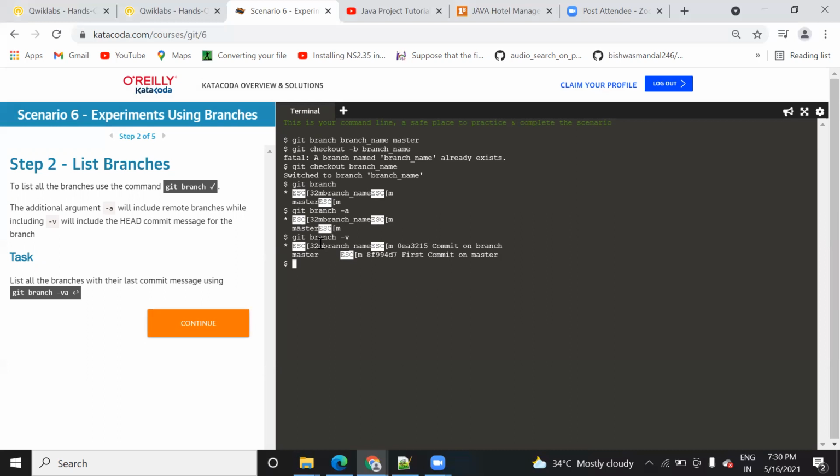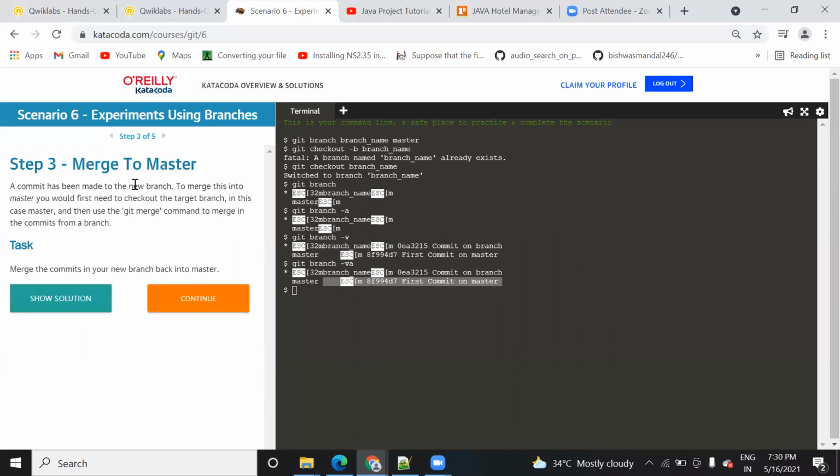So you can see here when you run with hyphen v, there is a difference. It is showing you only the branch name, but it is showing what are the commits that you have done on that particular branch or the master, right? Now you can use the same git branch and you can use them together. When you use them together, you will get the same thing we have seen here. So either you can use hyphen v only or you can use it together. The result shows that this branch was created and you have done the commit on that branch. So it is showing you all the branches where the last commit you have done.